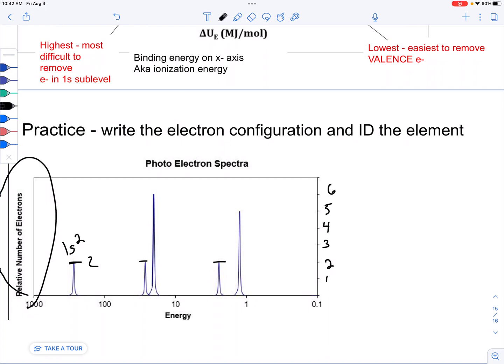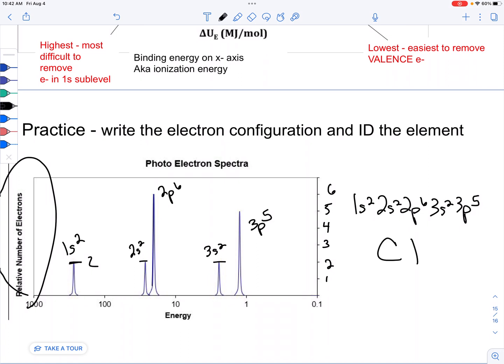But if you didn't, you could infer what those heights are. So I've got a 1s2, 2s2, 2p6, 3s2, and then 3p, and it only goes up to a 5. So my electron configuration, 1s2, 2s2, 2p6, 3s2, 3p5, and then I look at the periodic table, and this is